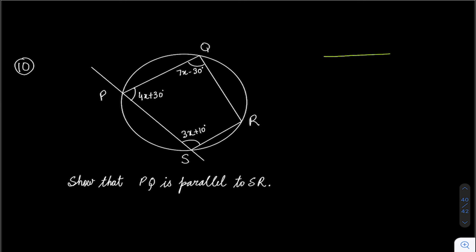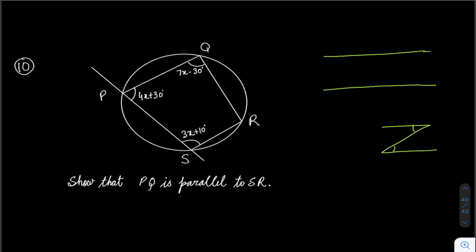We have learned this theorem that when two lines are parallel, there are three things: alternate angles, corresponding angles, and co-interior angles, right? And we can see there is no Z here, so I can't go for alternate interior angles. I think everyone remembers this: whenever you have a Z, you have alternate interior angles and corresponding angles.